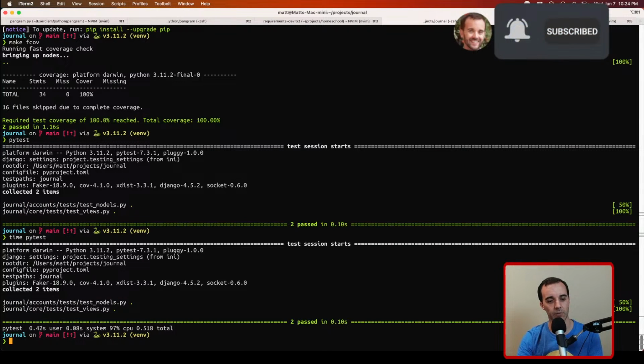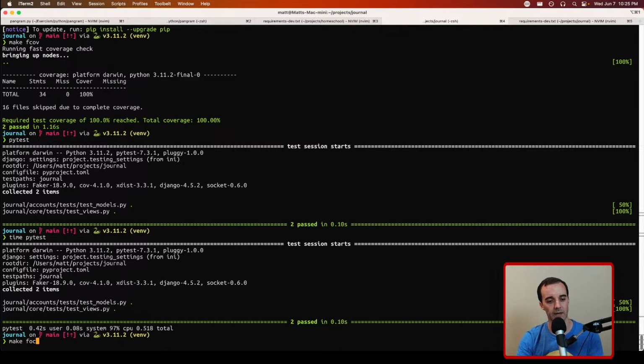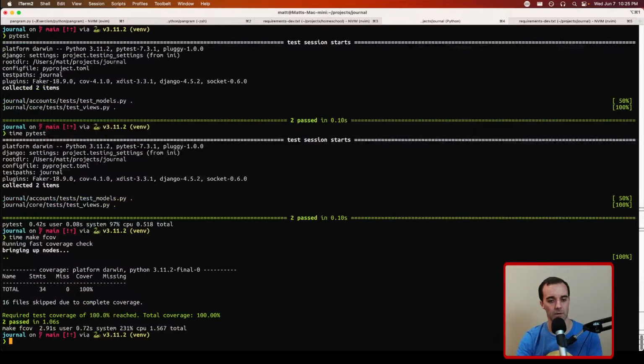0.42, there's 0.518 total. Make time make fcov, 1.576. The difference is important. This is actually running with coverage enabled, and coverage is something that is checking every line as it's going through, and it hooks into some low-level Python features in order to do this checking, and it slows down the